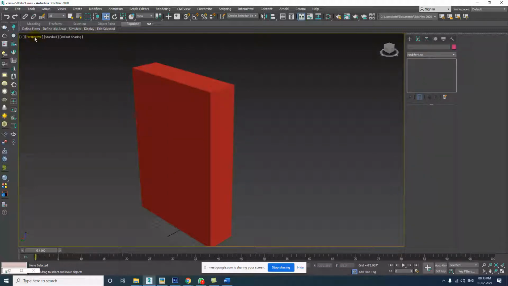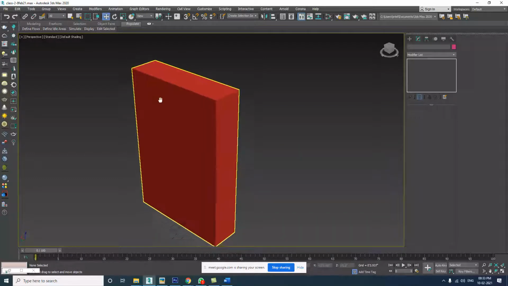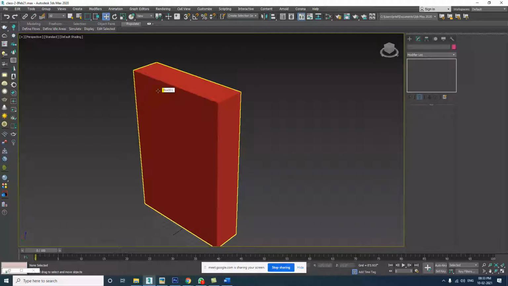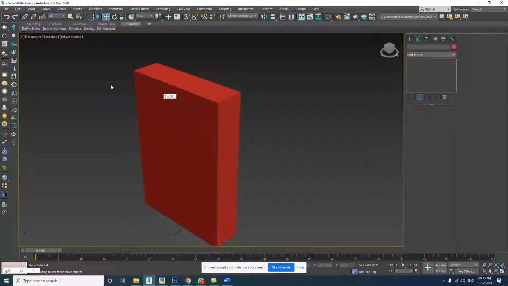Yes, here is the word "perspective" written. You just have to give a left click. Now, why are we going here and left clicking? Because if you want to change the perspective view to any other view, front, back, camera, there are lots of options to view the object. If you want to view the object from a different angle, from the camera angle, from the light angle, from the top view, you have to go to perspective over here.